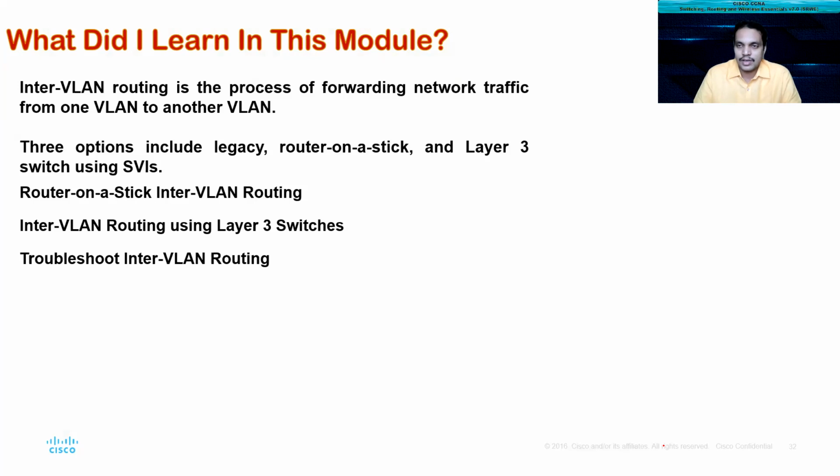Once you set up these things, it is very important to verify whether the configurations are done properly or not. Are there any mistakes made? Troubleshooting also plays a crucial role in VLANs. For troubleshooting, you need to have a good understanding of show commands. What are the different show commands? How to interpret the show command output? How do you filter the show command output accordingly? All these things are covered in this module. Do check out the packet tracer videos for this module also, because it's very important for us to understand how inter VLAN routing works. We will be creating scenarios and working on that.